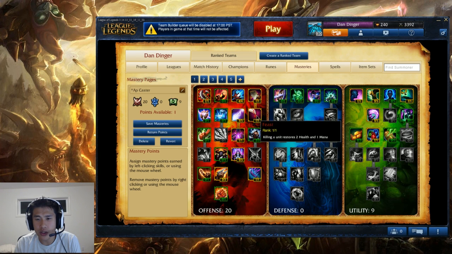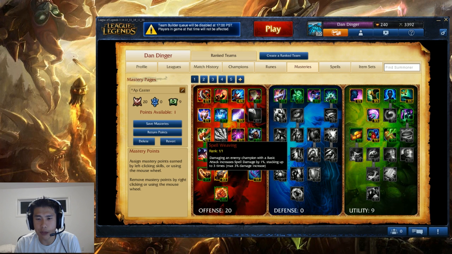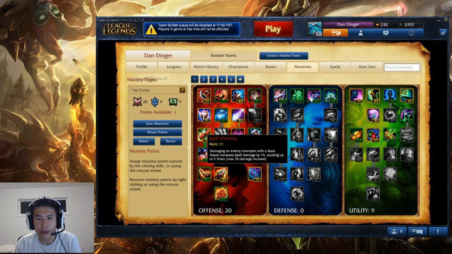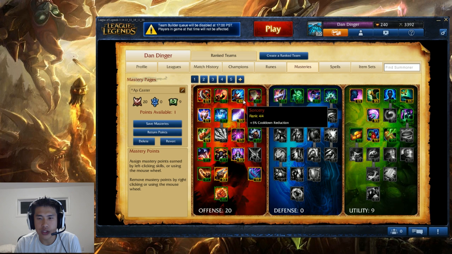Alternatively, if you don't want to do that, you can add points into Exposed Weakness and Spell Weaving. What these do is, every time you cast an ability, successive hits with that ability for Exposed Weakness do more damage. And Spell Weaving, whenever you auto attack an enemy, it builds up stacks, and at 3 stacks, you're going to be doing 3% more damage with abilities. So it adds another layer to the game. I think it's a little difficult to